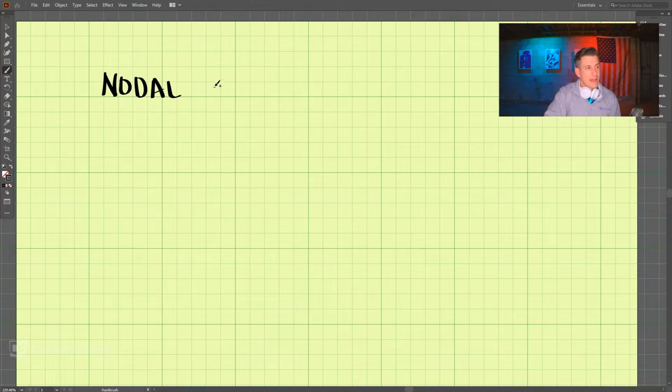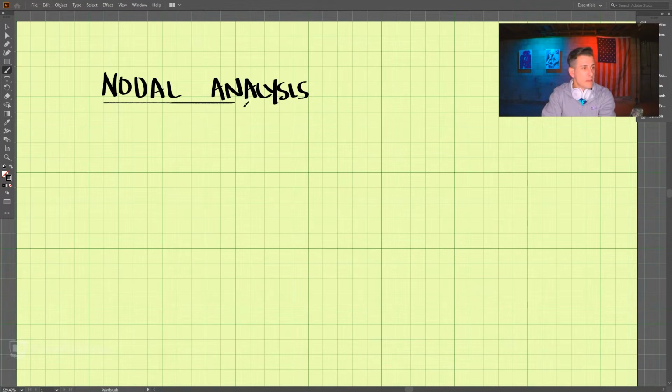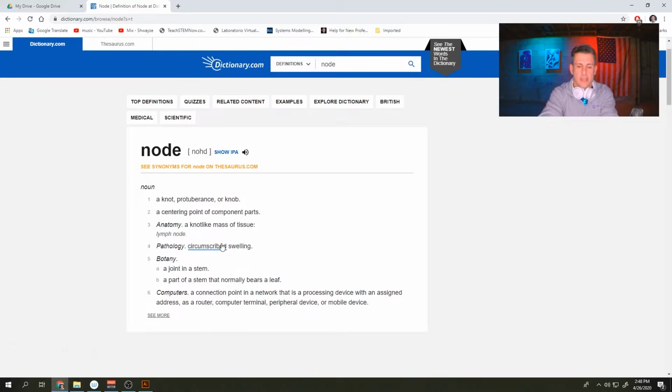Nodal analysis. And this will be our first method of analysis that we will go through. And nodal analysis comes from the word node. And if we take a look at what node means here,